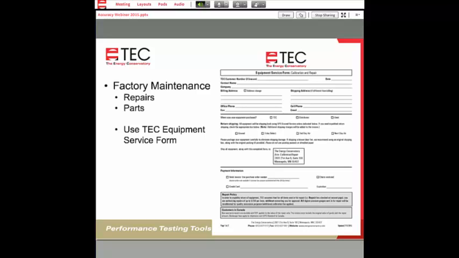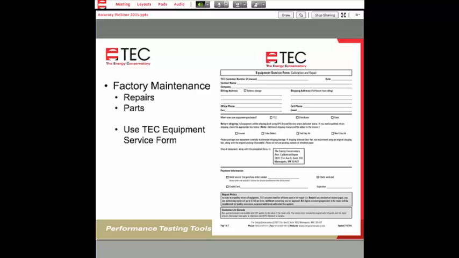We do know that when we do have customers who are in Canada, when we do a recalibration, even though it's already your piece of equipment, Canada may want to have their bit of tax on the value of actually doing the repair or recalibration. So we just want to make sure you're aware of that.